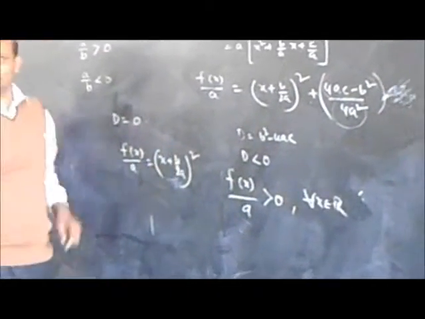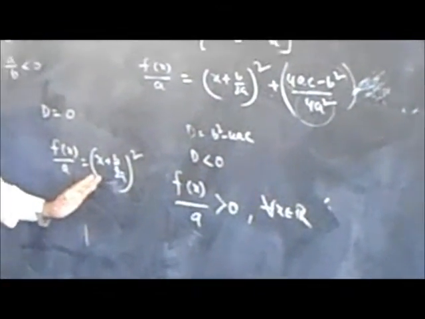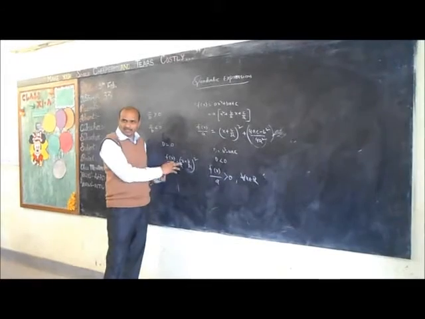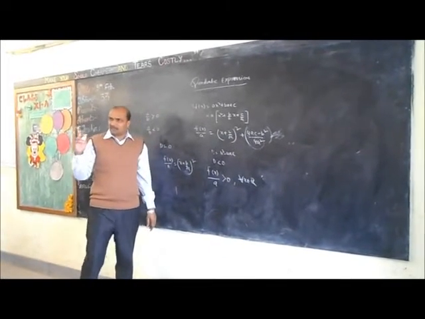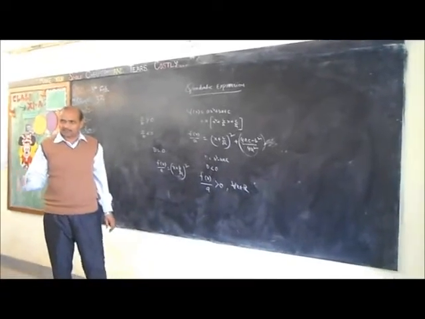This is the quantity we left. The remaining part is 0. If it is 0 and this is a perfect square, we can understand this is also greater than 0 except one quantity. What is that quantity? This is greater than 0 when? But except one quantity. Which quantity? The expression is not greater than 0.